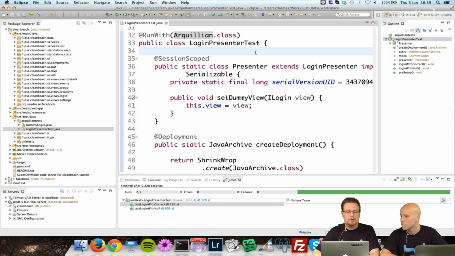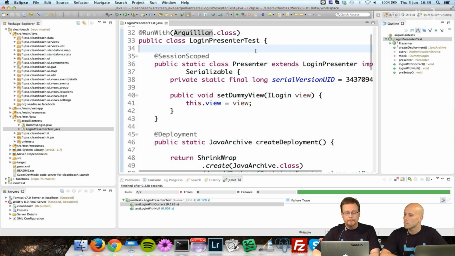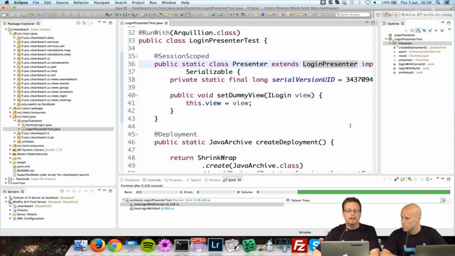So what we want to do here is test the presenter. In this case, I won't be using Mockito to mock things because I don't really need to do that. I want to use everything that's underneath the presenter. I want to use my real backend. What I need to do is create a dummy view because that's still Vaadin code.